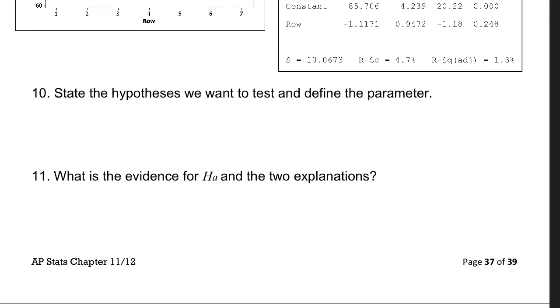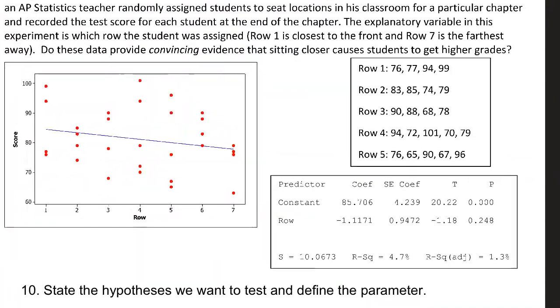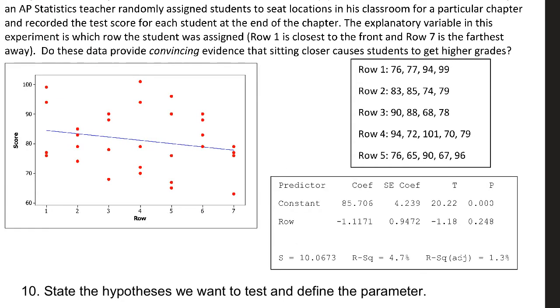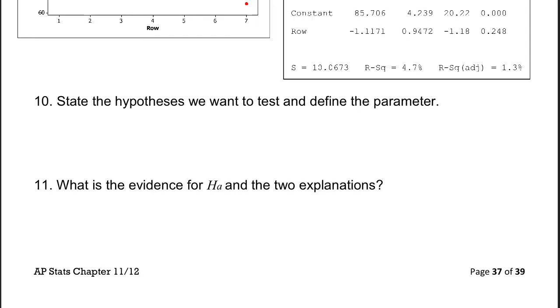And our goal is, what are we trying to test? So state our hypotheses. Is there convincing evidence sitting closer causes students to get higher grades? Now what it really is going to be is the null and the Ha. We could say sitting closer causes higher grades, but normally we're just going to say beta is 0 and beta is not 0, where beta is